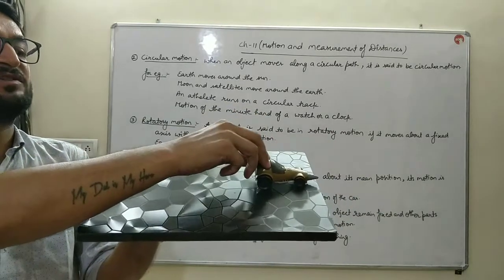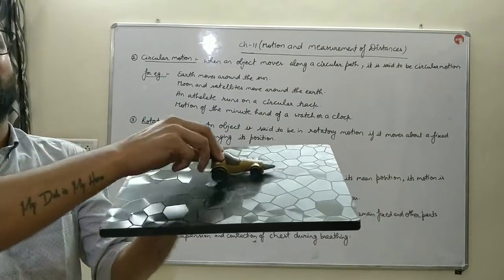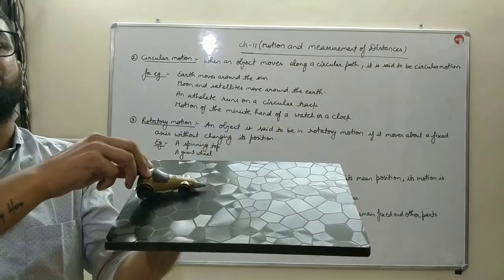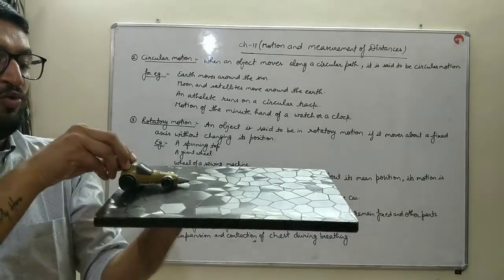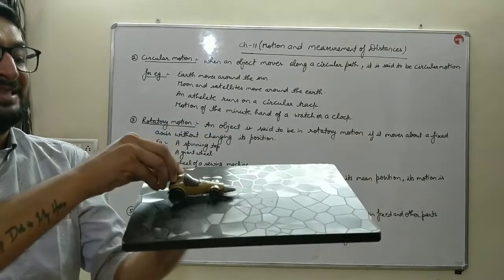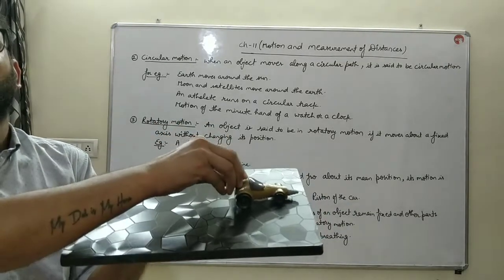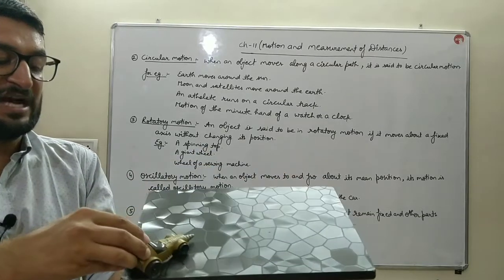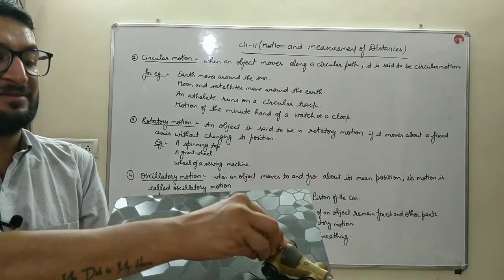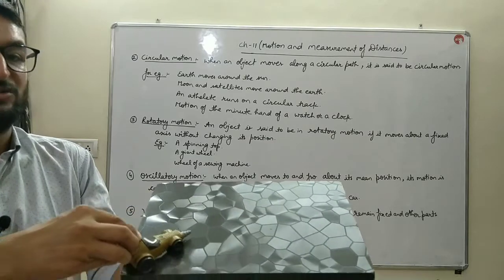This car is moving along a straight path. This is an example of rectilinear motion. The motion in which an object, that is this car, moves along a straight path is known as rectilinear motion. Whereas if this car moves along this path, then this path is known as